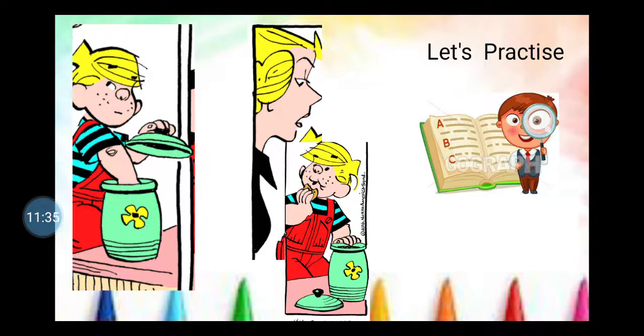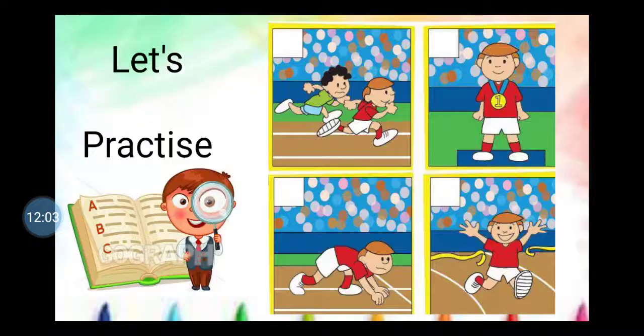Now here you can see little Dennis the Menace. In the first picture, he's trying to remove the cookies from the jar. He's secretly removing the cookies from the jar. In the second picture, you can see mother catches him, right? So use your own imagination. You can add humor, you can make it funny, right? But stick to the matter that is given in the picture. So this is what picture composition is.